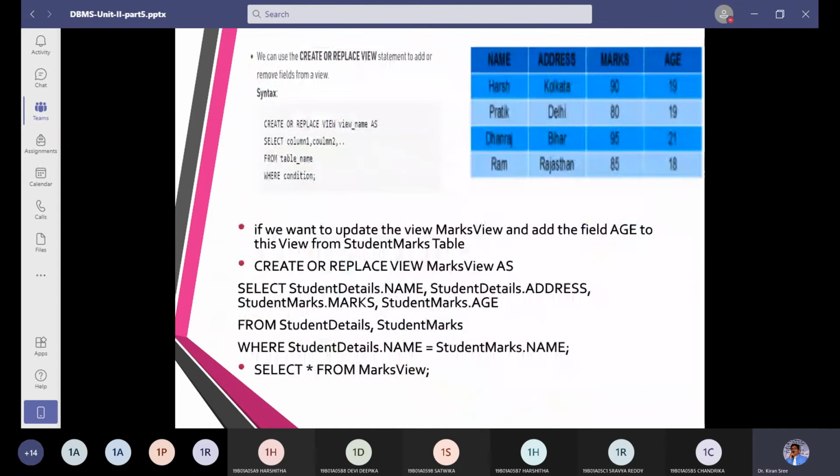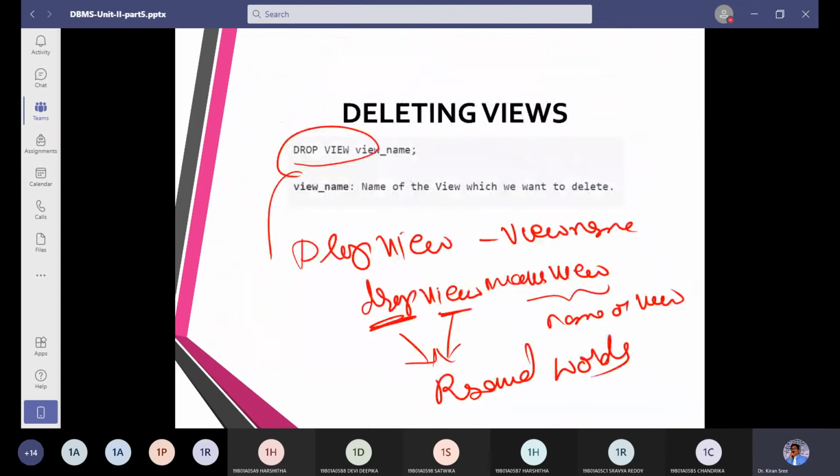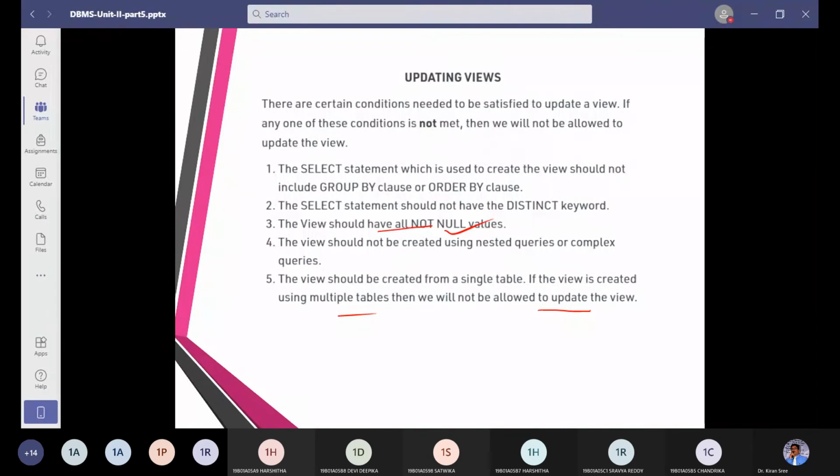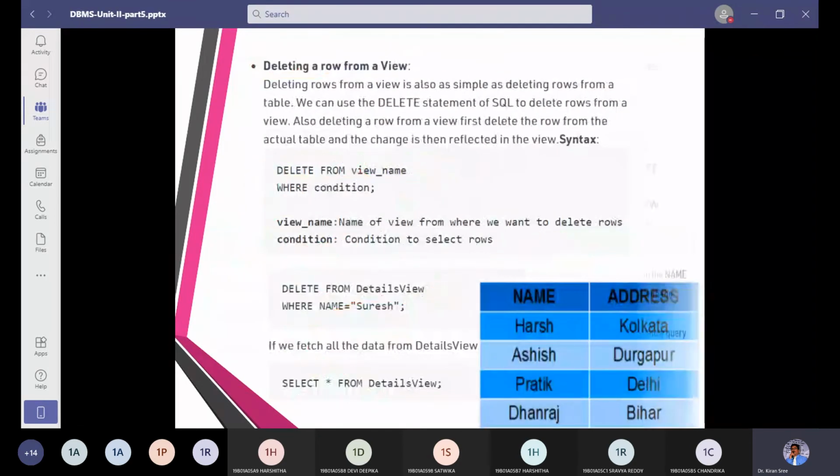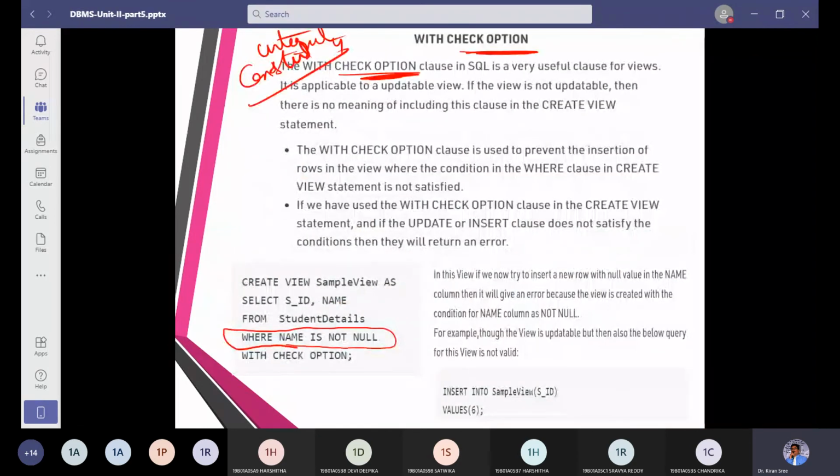The rule number, the value should have all not null values. So now to put this condition into practice, where name is not null, that means I am going to say insert into sample view SID